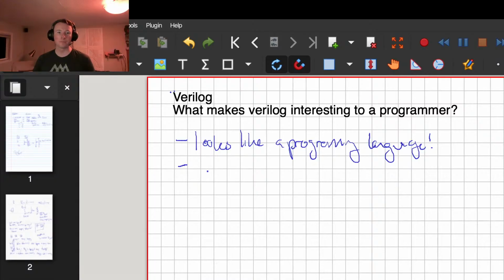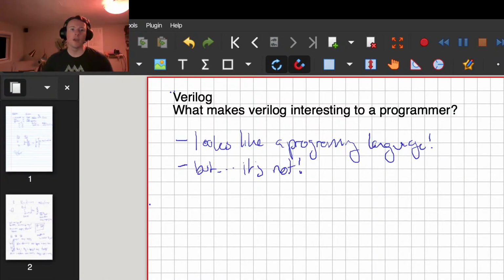So it looks like a programming language, but it's not. And there's a lot to learn from looking at something like this, even if you never plan to write any Verilog in your life. And honestly, you'd be better off if you never did. There's a lot to learn from at least looking at it, understanding it. You can think of it like learning